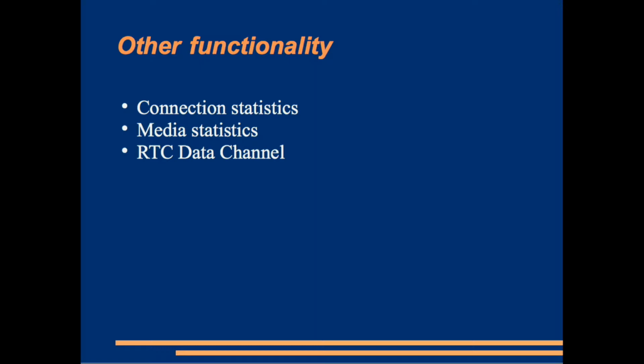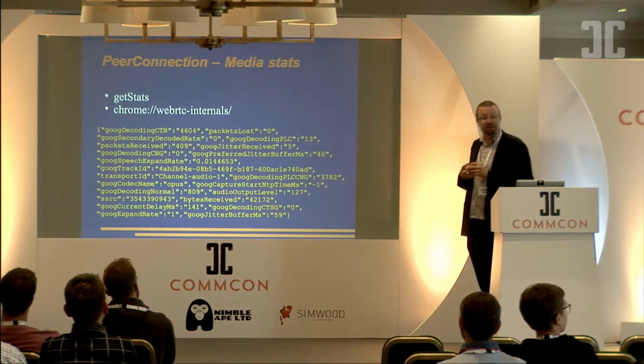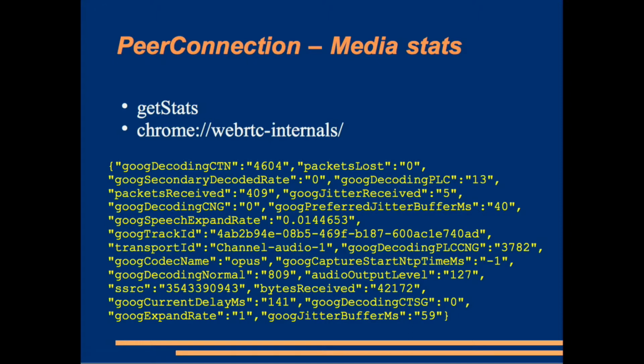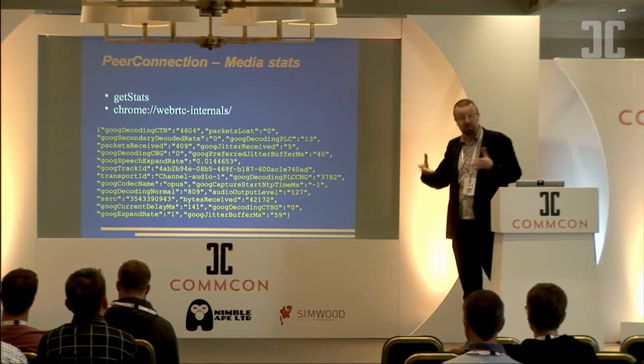So there's a few other bits of functionality which are hiding in WebRTC that come in kind of useful. Various stats and data channels. So looking briefly at it, media stats, if you're using Chrome, which most people seem to for developing this stuff, there is a URL where you can see lots of nice pretty graphs, or there is the getStats method, which gets you a lot of machine readable stuff